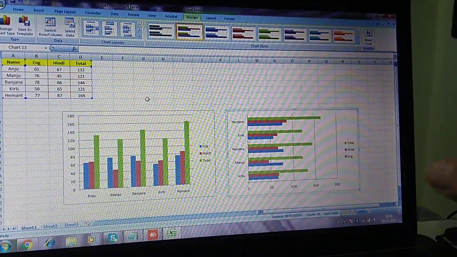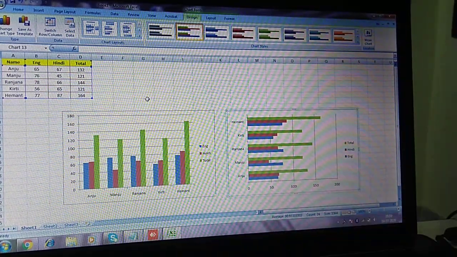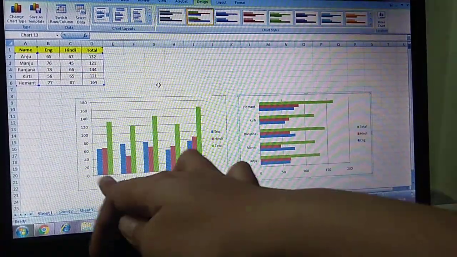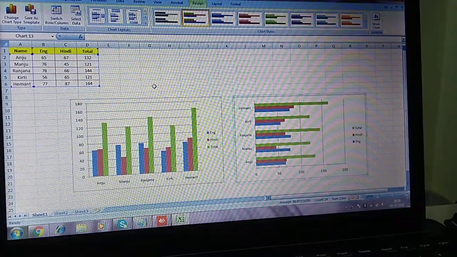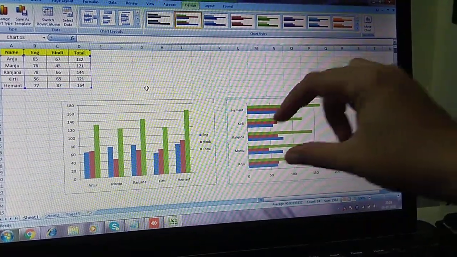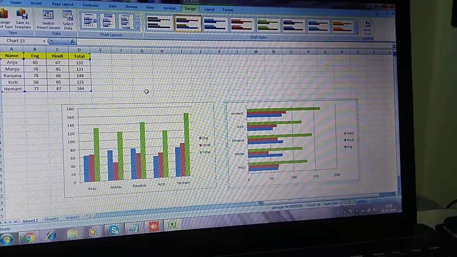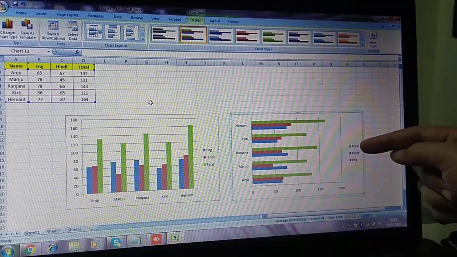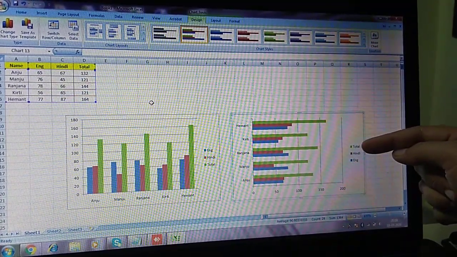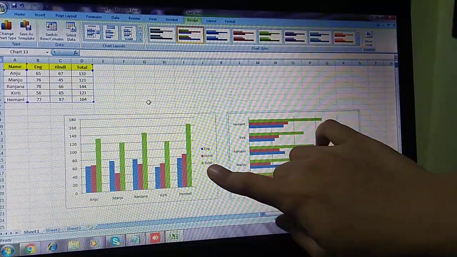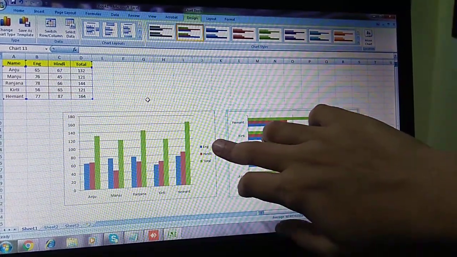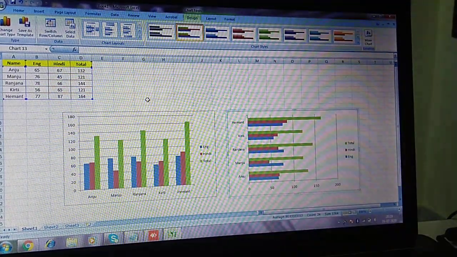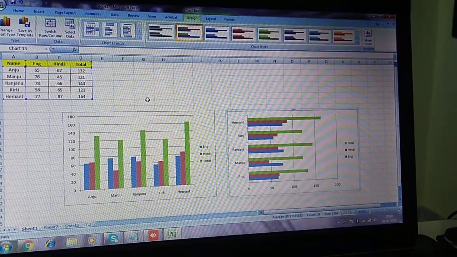I told you that in the bar chart names are on the y-axis and numbers are on the x-axis, and in the column chart it just swapped, numbers are on the y-axis and names are on the x-axis, and they both are representing the data in a similar way. Can you see? The blue line represents English marks, red represents Hindi marks, and green represents total marks. Here also the same thing is there. Green is representing total, red Hindi and blue English, and according to the marks of a particular student the bars are going up and down. Okay, fine, hope you are getting it.